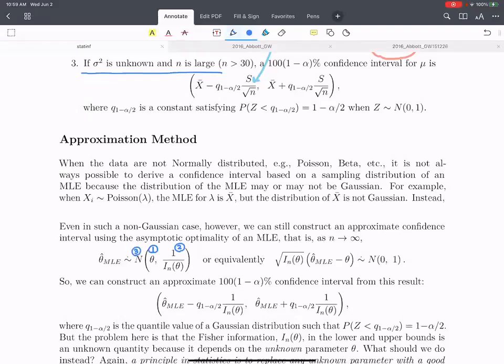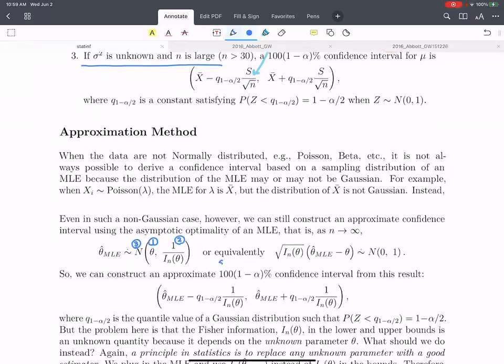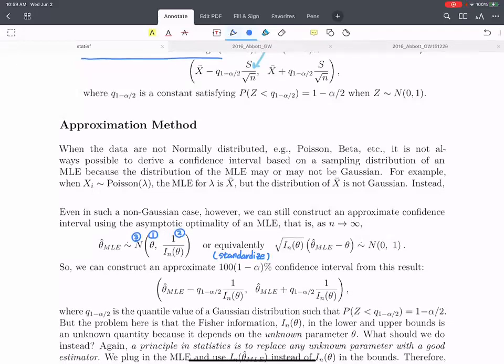These are the three properties of the MLE in the asymptotics. And if you just standardize, as I did, subtracting the mean and dividing by the standard deviation, then you will get an equivalent form, but this time it will be approximately standard normally distributed. So the scenario is the same.